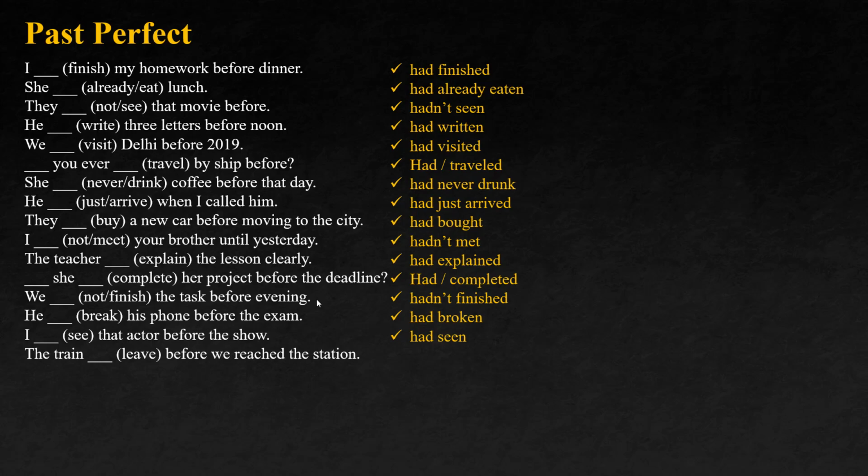Yogesh. The train had gone. Pallavi. The train had left before we reached the station. Guys, it's left.